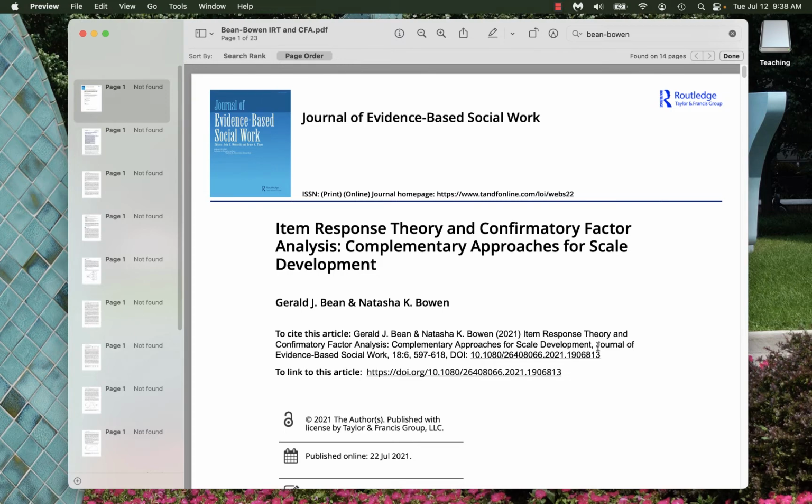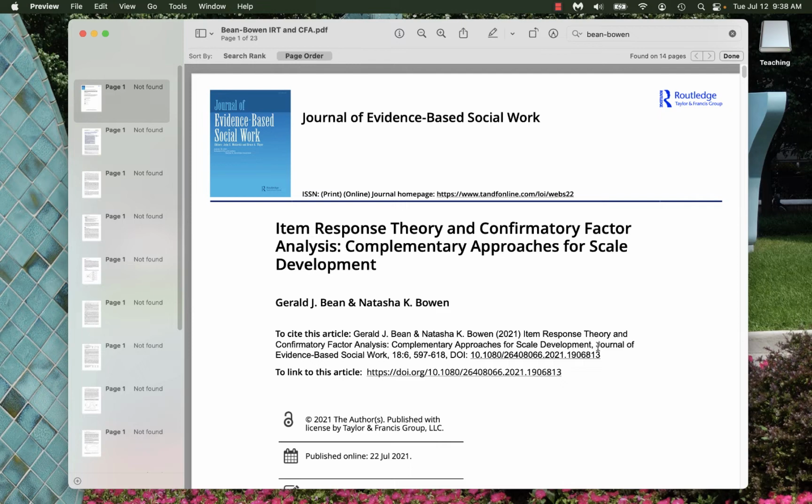So this is an article that Natasha Bowen and I, Natasha, hopefully you're out there, you're hearing this. She's kind of the ringleader in all this movie making thing. She and I wrote an article on using item response theory and confirmatory factor analysis.